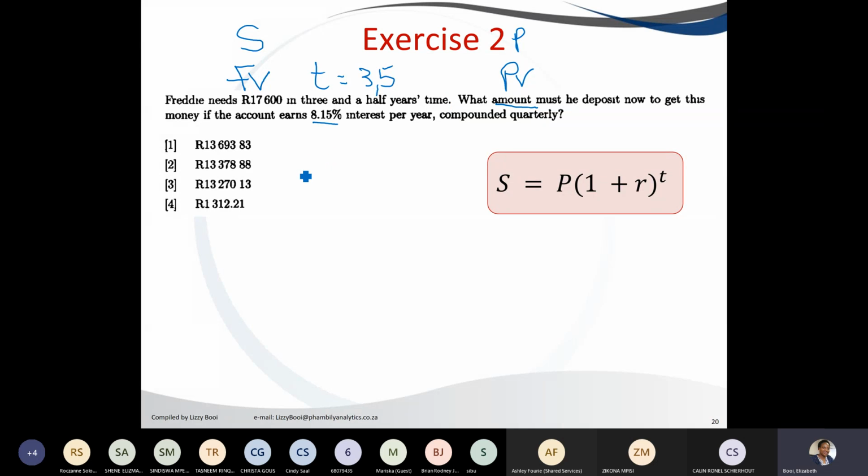Now, those who are calculating manually, your R will be 8.15 divided by 100. Those who are calculating, this will be your I and Y with your financial calculator. Compounding periods, these are